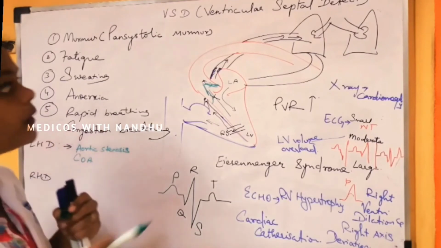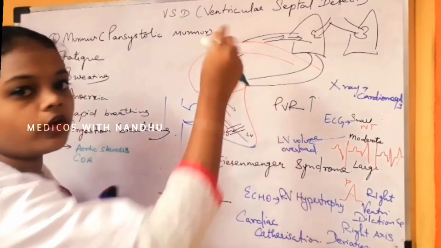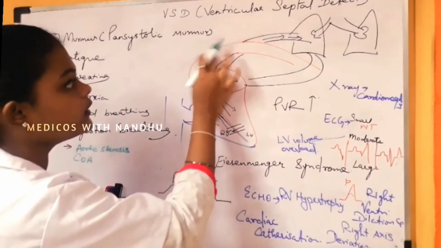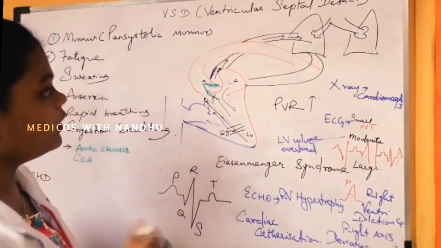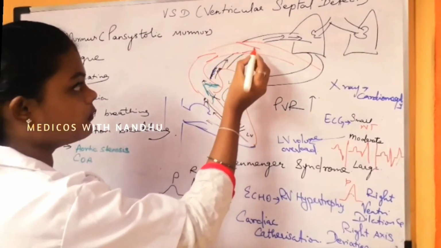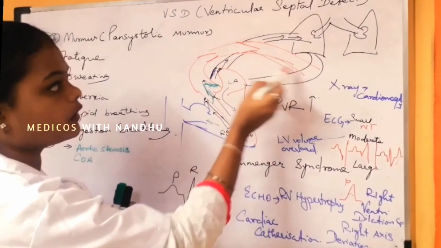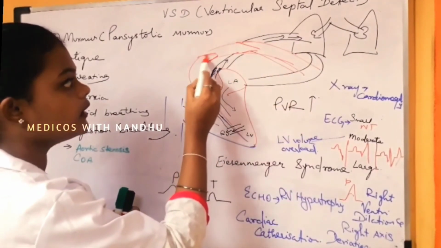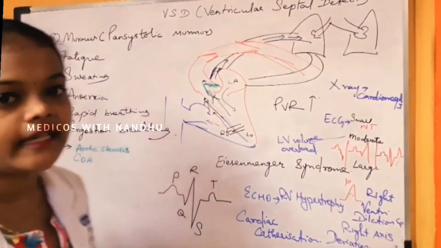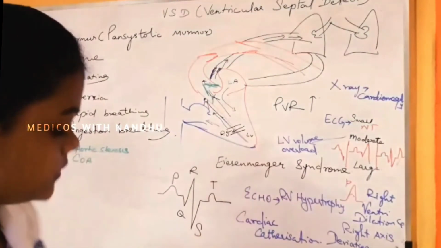Coarctation of aorta means there will be a narrowing of aorta proximally or distally. Okay, so this is aorta. Here the aortic valve will be like this. But normal is what we have seen here. But coarctation of aorta means there will be a narrowing due to some fatty substances or calcification, cholesterol, and some of these things.